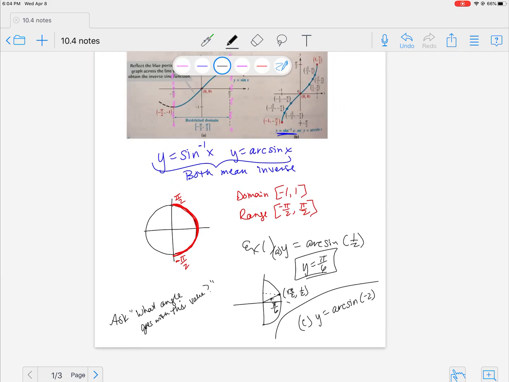What if, so this was A. What if I had something like C? I want to find arc sine of -2. Do I have anything? Can I have an input of -2? No. That is not possible. All right. So when you put those restrictions, in order to get our sine, our